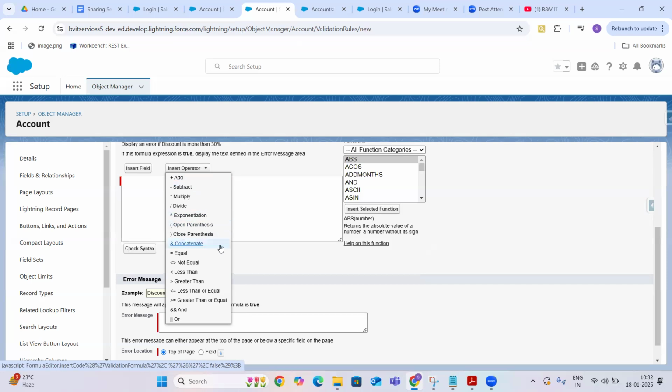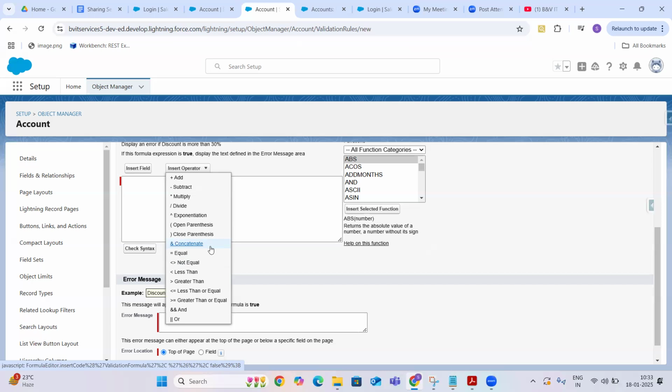Whenever you want braces, you know how it works in mathematics. Whenever you first want to add two numbers and then multiply that with some number, we will write the first two numbers' addition in braces, right? The same way. And concatenate. Concatenate is generally used with strings. I have an ABC string and a PQR string.